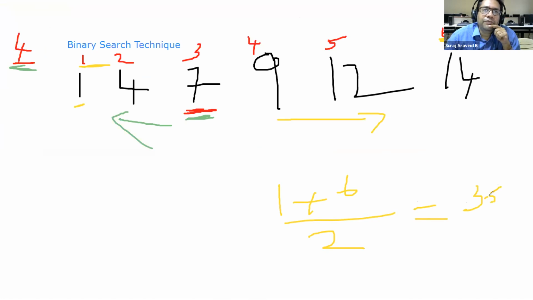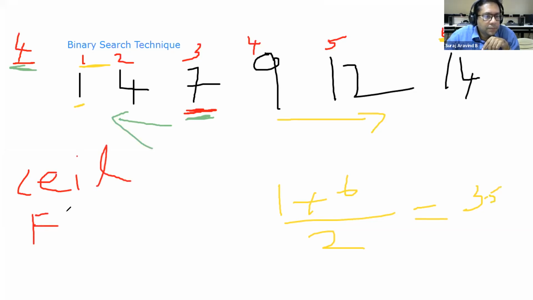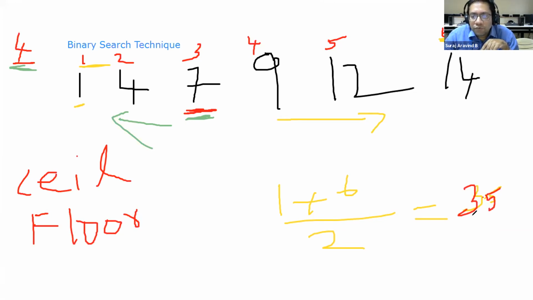Right. So we have 2 mathematical functions in Raptor. One is called ceil, C-E-I-L. The other one is floor. So for the number 3.5, the floor value will be 3.